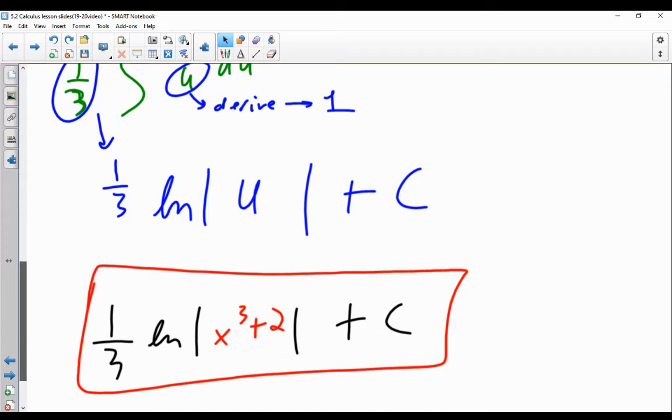And again, if you need to check that, you know how to check it. Derive the x cubed plus 2 divided by the original. Make sure you multiply by the 1/3 in the front, and you'll find out it will give you what you started with. So, you know you got your answer. All right. So now,